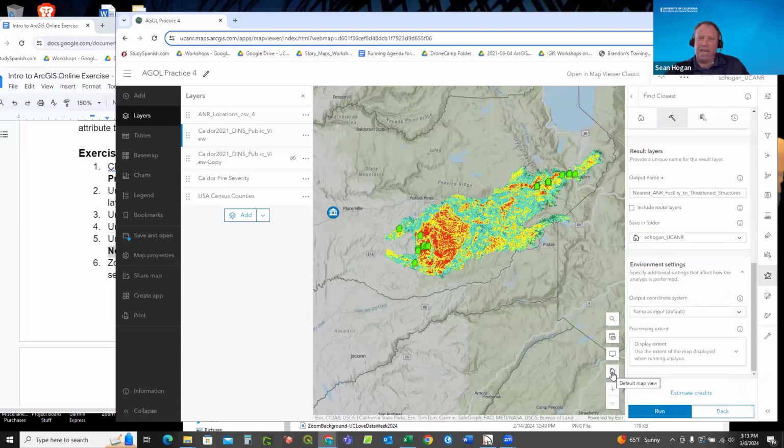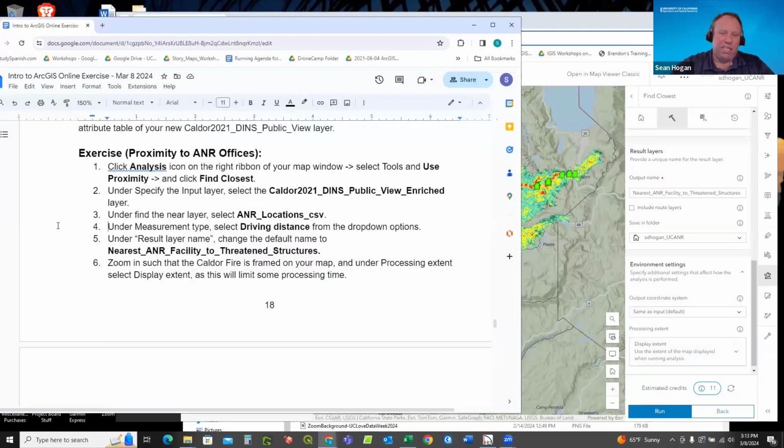That's a good way to keep it from trying to search for things from all over. It'll make it faster and use fewer credits. I can estimate credits, and it's probably like, I don't know, 30 or something like that. No, 11 credits. Good. So it's just like a credit for some of those, or half a credit each. But we're not going to press run because this process takes 2 or 3 minutes, and